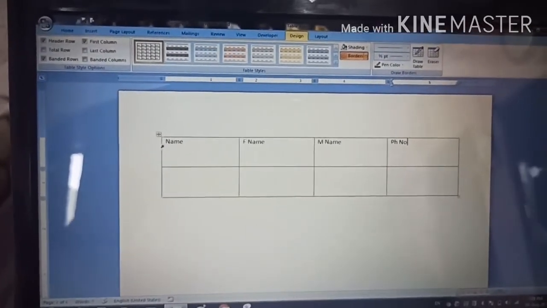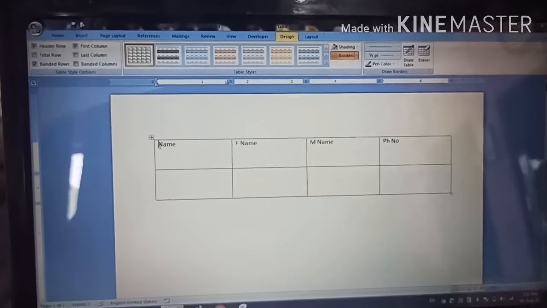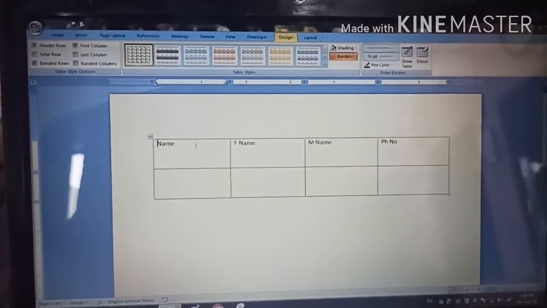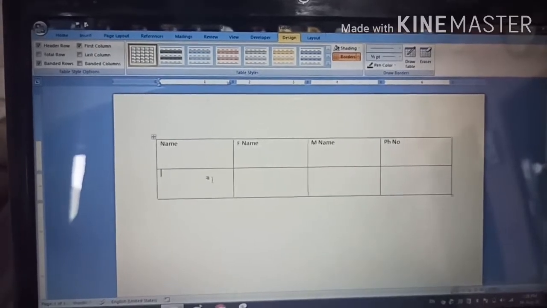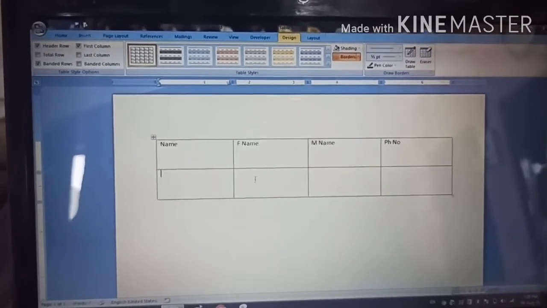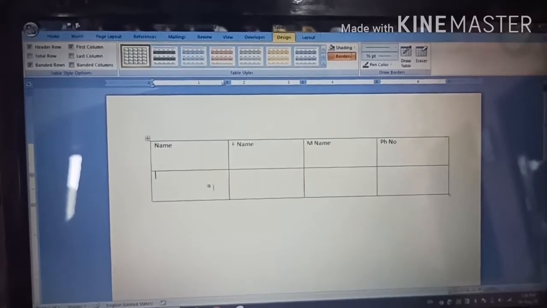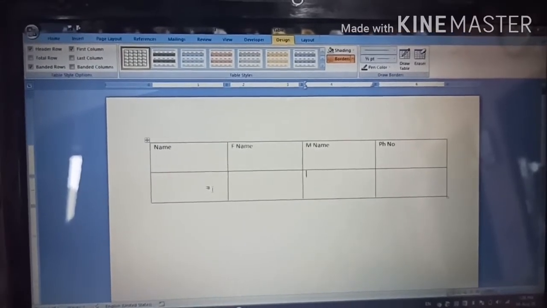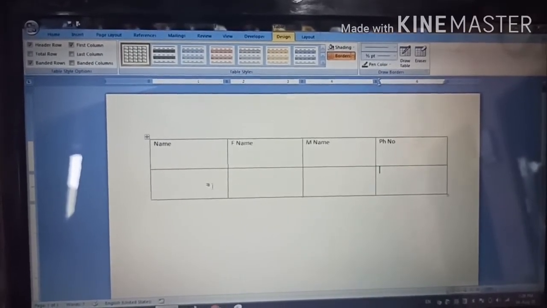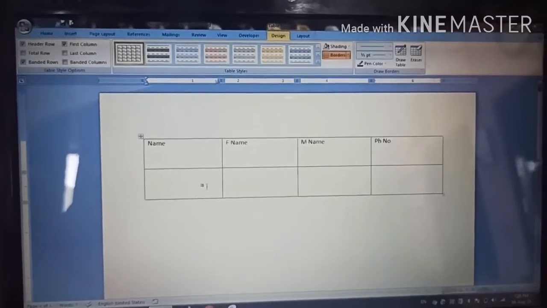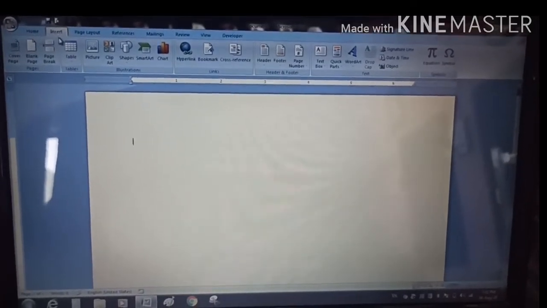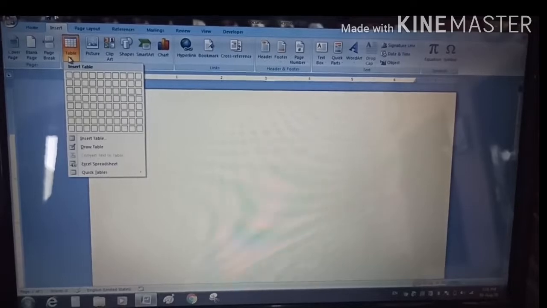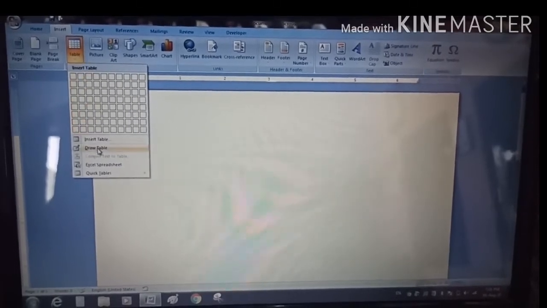With the help of the Tab key we can move our cursor from one cell to another. If your cursor is here and you want to move your cursor to the second cell, just press the Tab key. The second method to insert a table: click here and here is the option Insert Table.